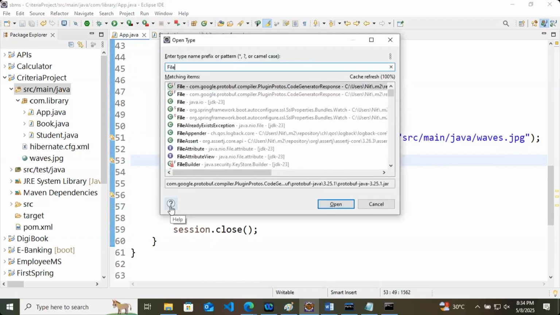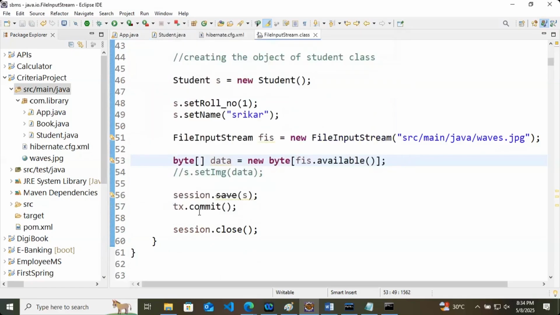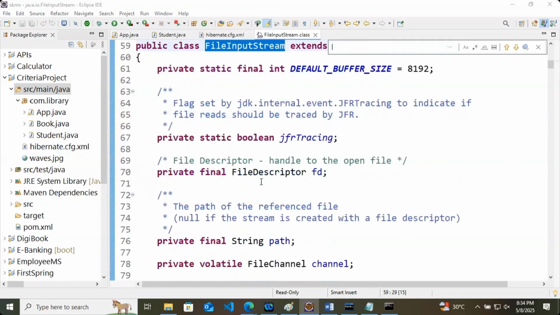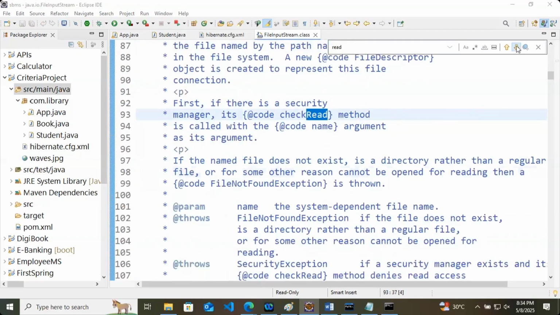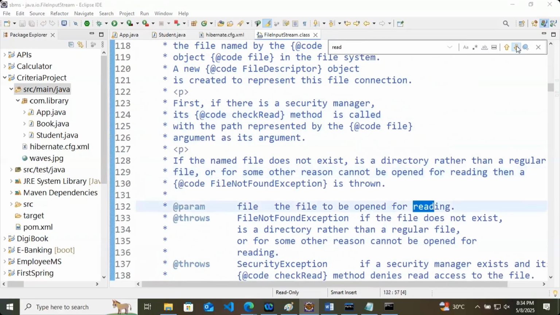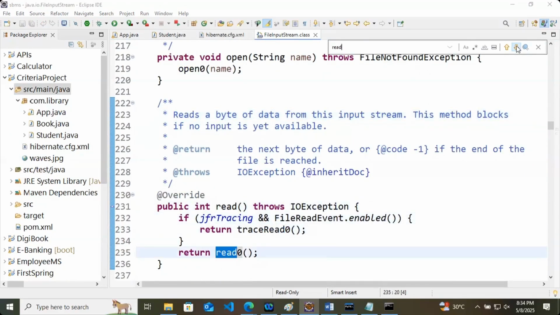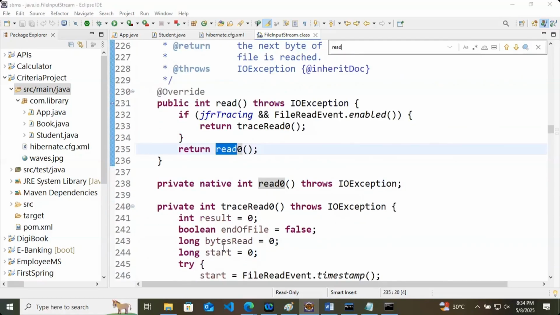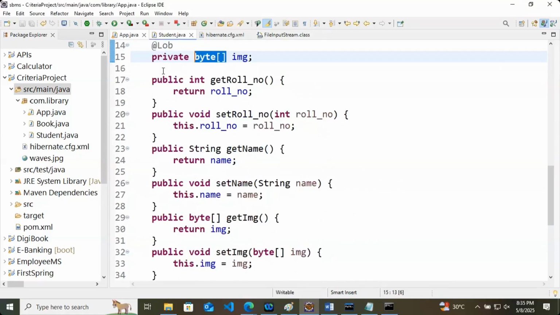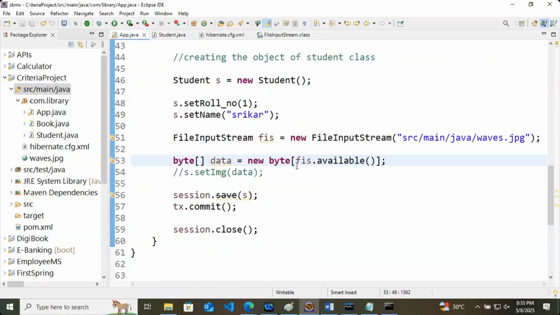Wait, wait. FIS dot available, then FIS dot read.